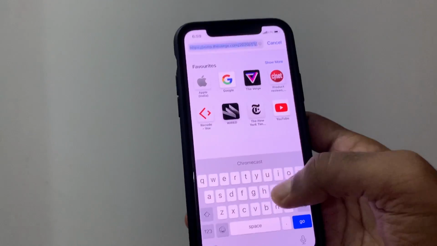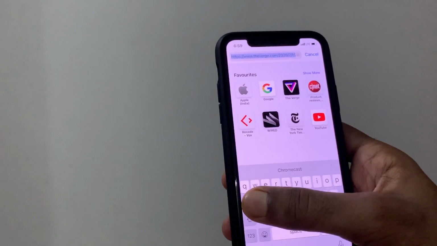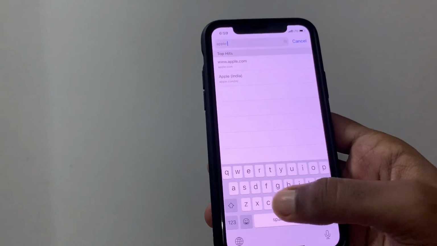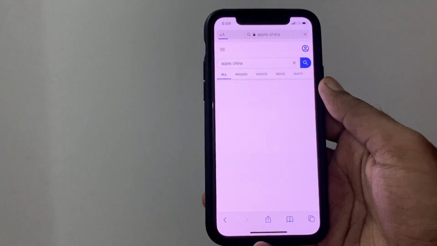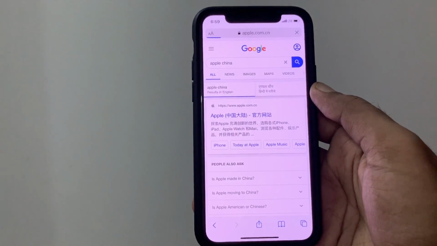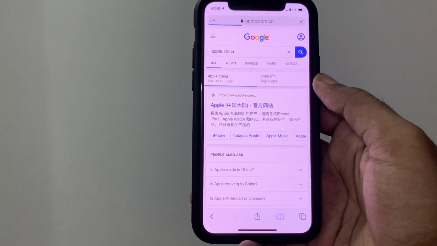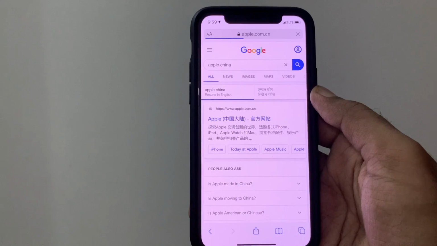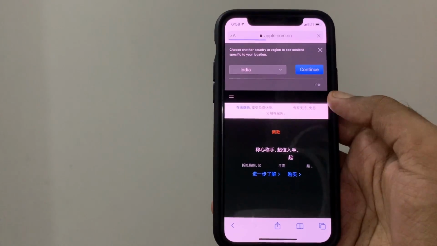And the second one is translation. If you are visiting some website which is not in your system language or native language, now you can translate directly from the browser. There is a translator built inside Safari. For example, if you visit a website in a different language, a translate icon will appear on the top. You can use that to translate. It will translate automatically into English, but it is not working in this beta. It will be available in future betas, I think.